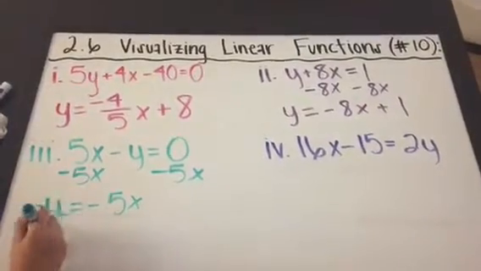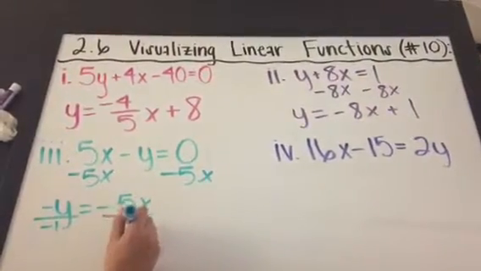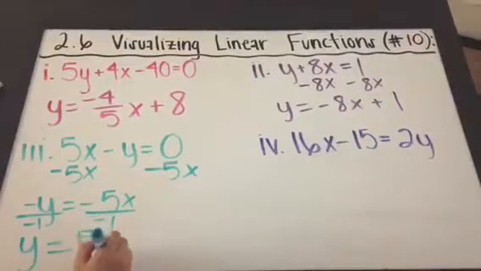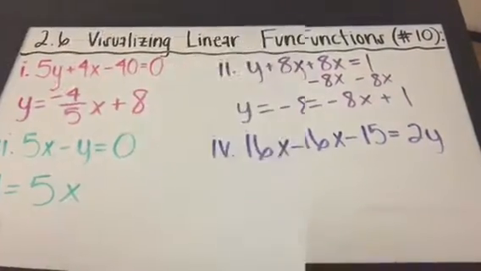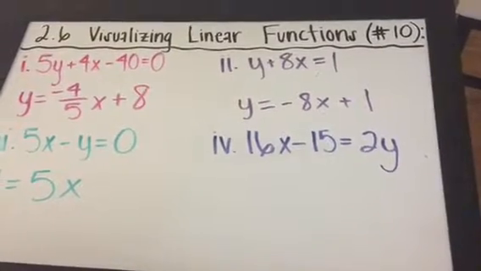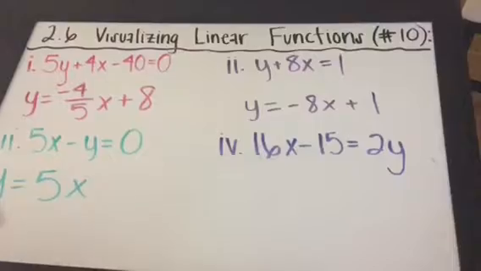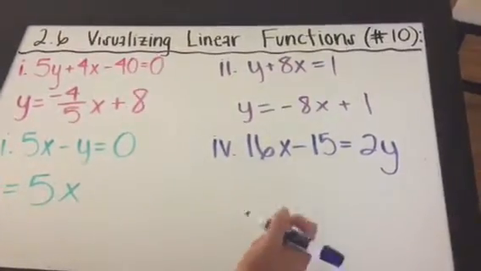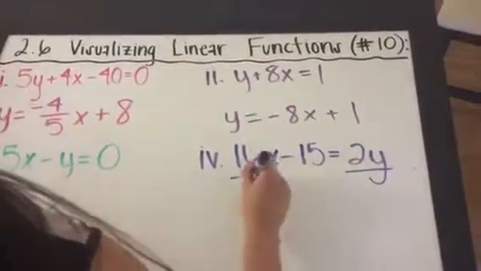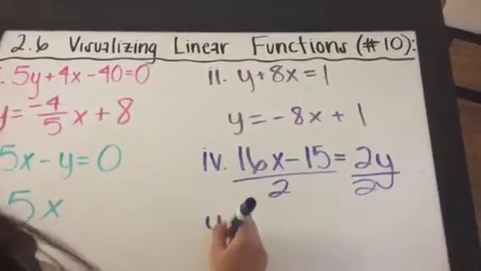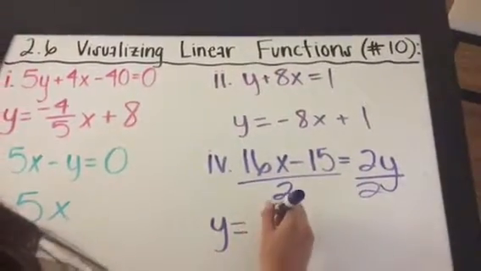Then we're going to divide by negative 1, and we end up with y equals 5x. For our last equation, 16x minus 15 equals 2y, we're going to divide both sides by 2 and end up with y equals 8x